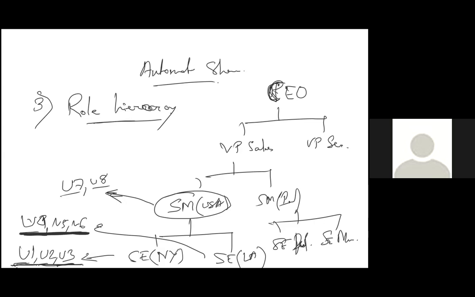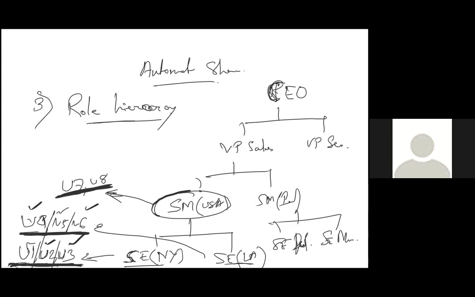Any questions so far? I hope you are understanding everything. No questions means you are understanding everything. Please remember that people who have the same role will not see each other's record. So user 1 will not see user 2's record or user 3's record. These people cannot see each other's record. These people will also not be able to see each other's record. But their boss will be able to see all of their records. They are on the same level. People on the same level cannot see each other's records.